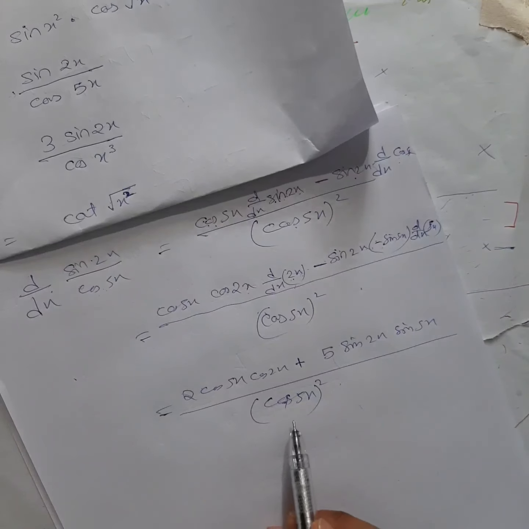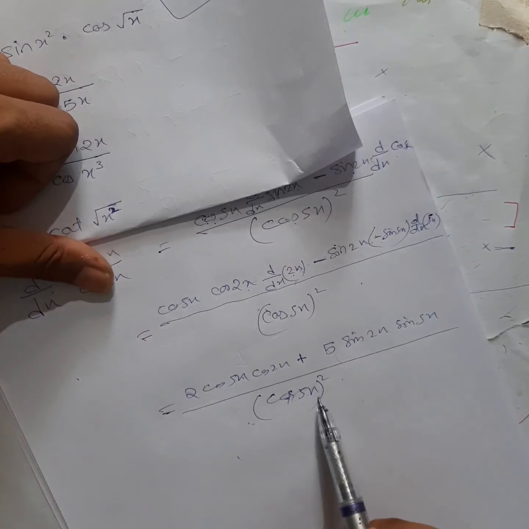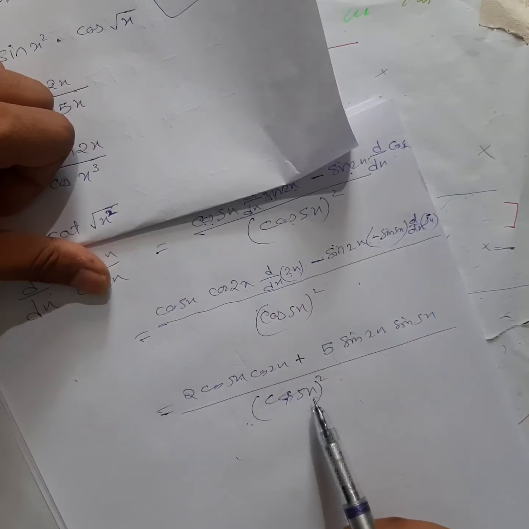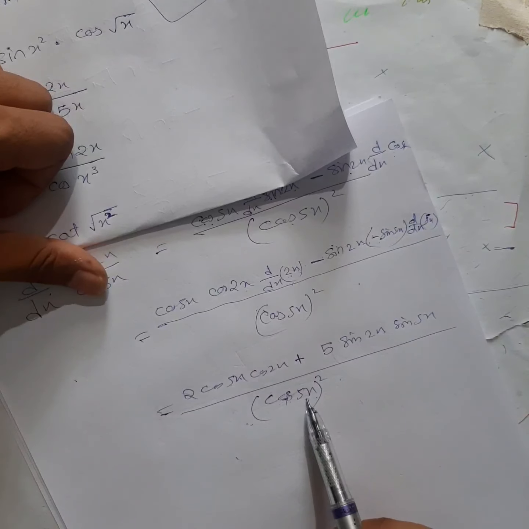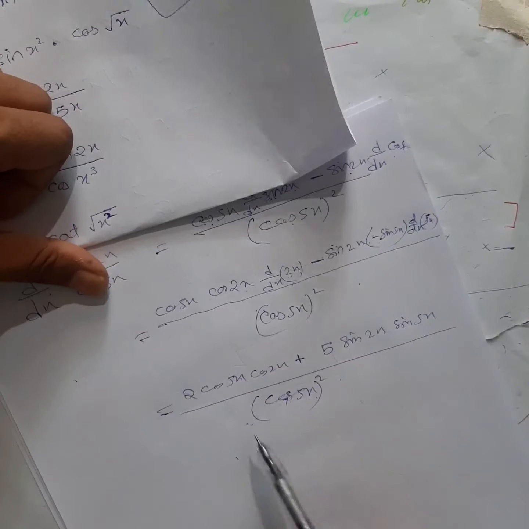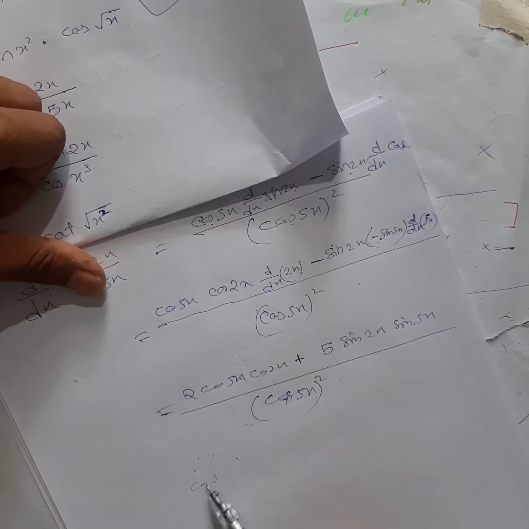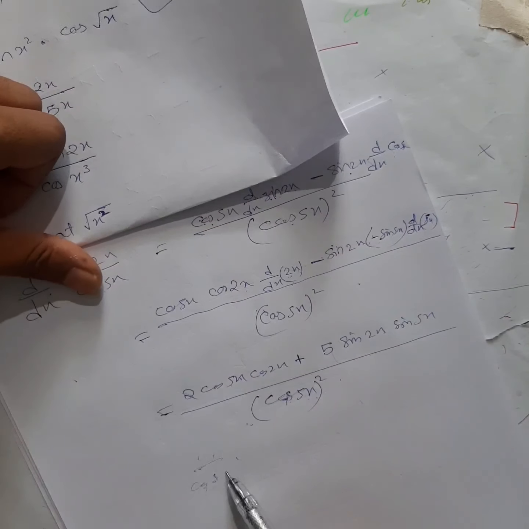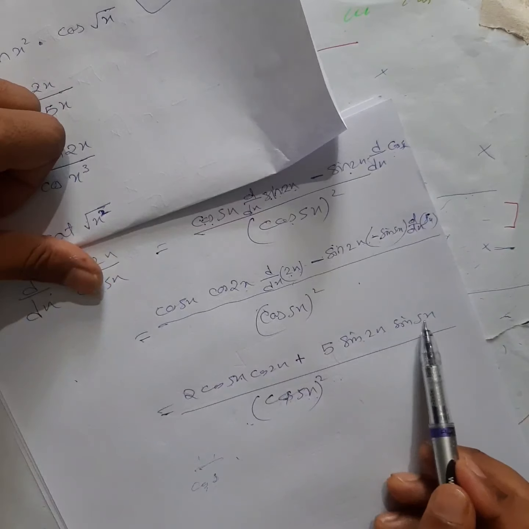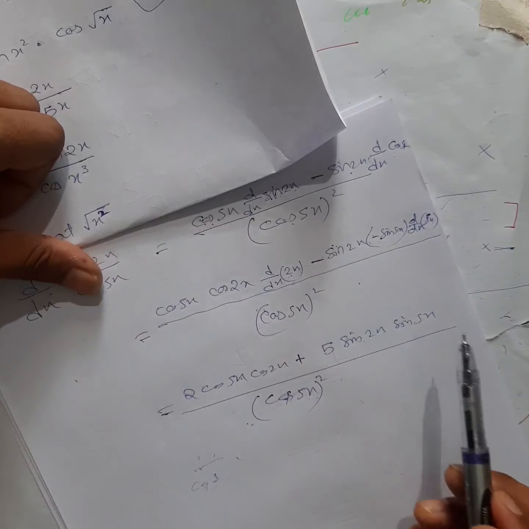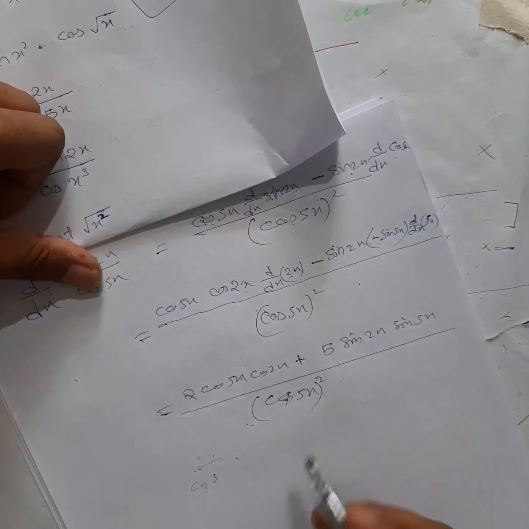So if you want to simplify this one, you can take this by this, then again this by this, you can break this one, then what will you get? Cos 5x and cos 5x will get cancelled, so you will get cos 2x by cos 5x. This cos 5x, if you want to remove the denominator, you can write 1 by cos 5x, that is sec 5x, right? And in this case you have to write sin 2x, you cannot cancel anything here, right? So in this case sec square 5x will come out, okay? Or you can leave it here only.